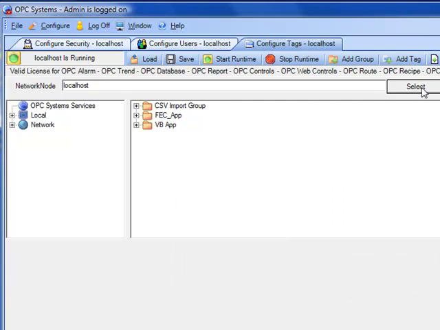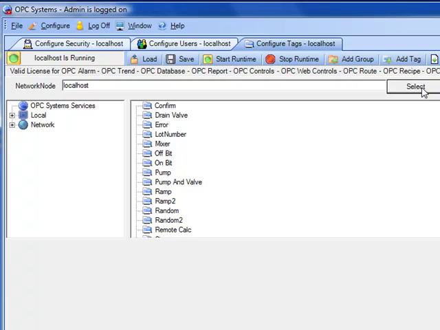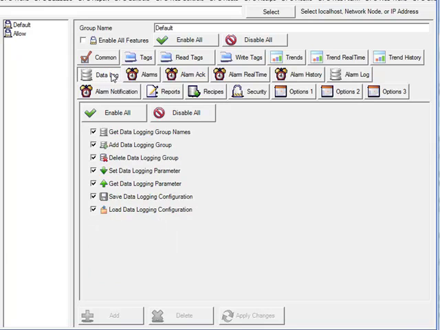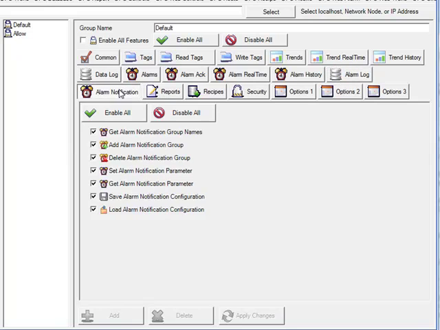And then when we select the local service again, we'll see all of the tags are displayed. Let's go back to the default security group. You can also restrict if tags can be deleted, added, changing any of the properties of the tags, or even saving or loading tag configurations. We have the same features for data logging under the Data Logging tab, alarm logging under the Alarm Log tab, alarm notification where we can deny users from being able to modify any of the alarm notification groups,